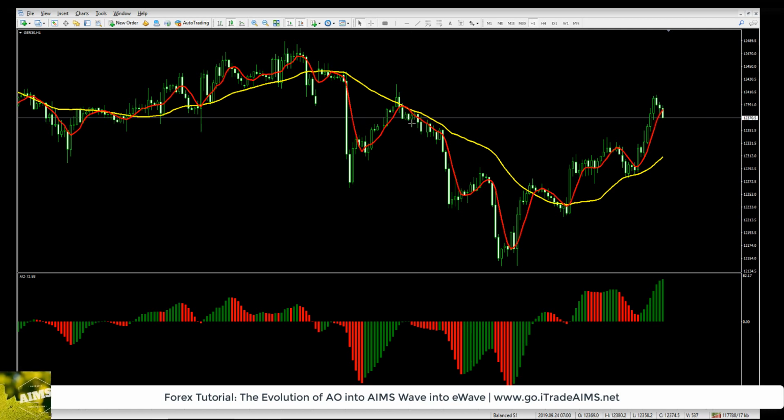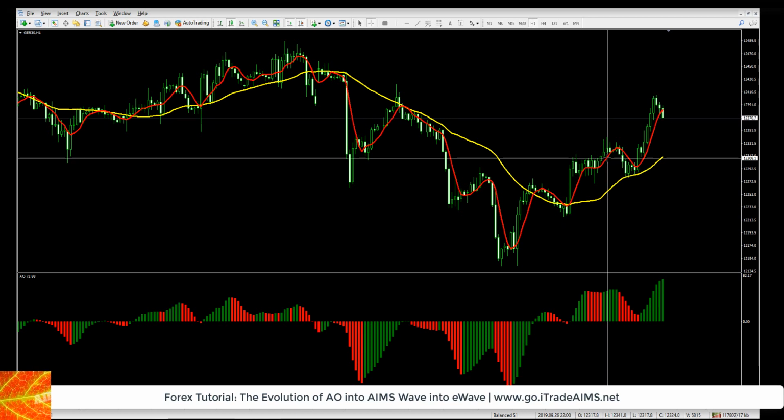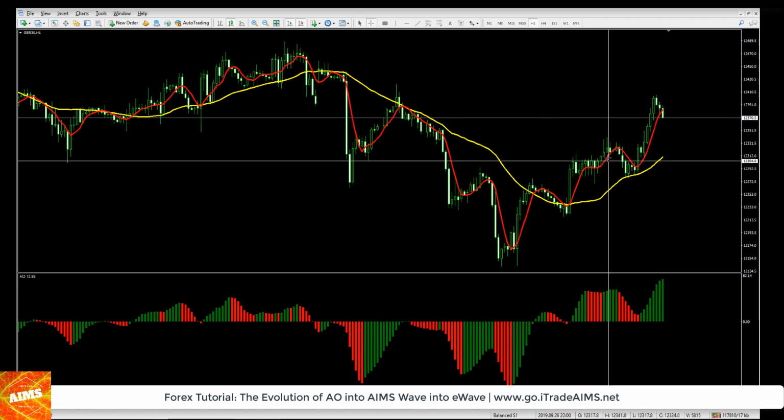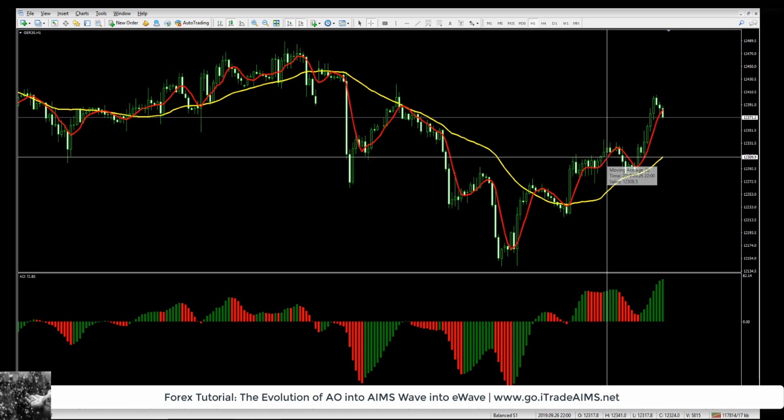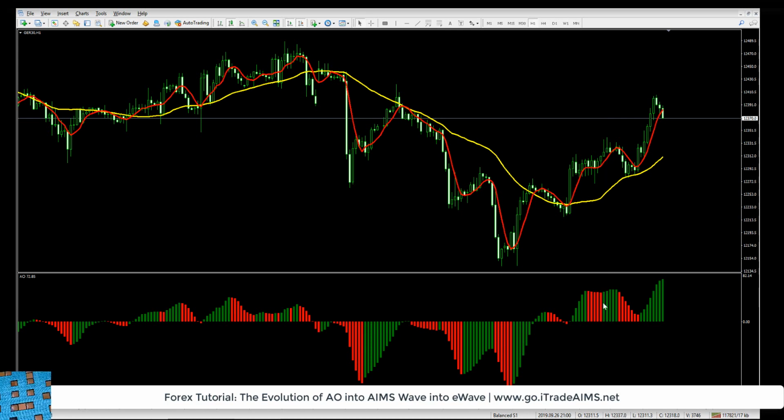And now this is the bit that I wanted to explain. This whole exercise was for this. These histograms actually show the distance between the 5 moving average and the 34 in that same time period. This distance from this area to this area is plotted as a histogram. So what is the purpose of that? When you look at the market, you can sometimes not see correctly whether the momentum is going down or is decreasing or not. But these histograms